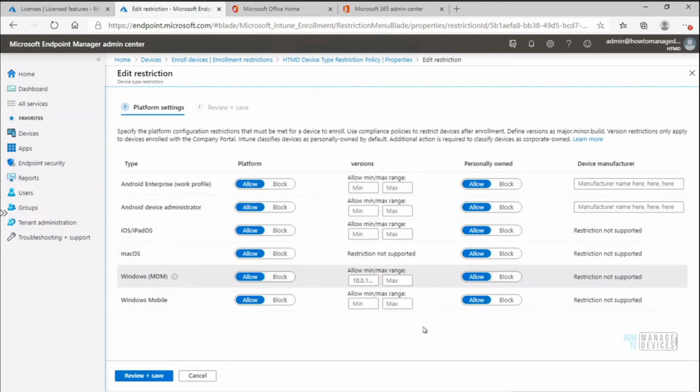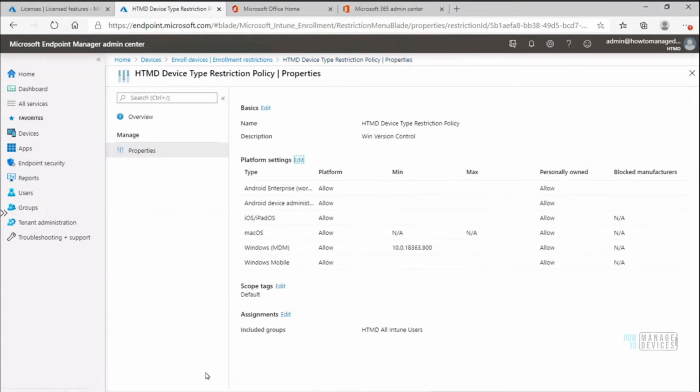Last week, we have seen device type restrictions and device limit restrictions during the MDM enrollment. And we have seen how to control the versions which users enroll into Intune using this option. So today we are going to shift gears